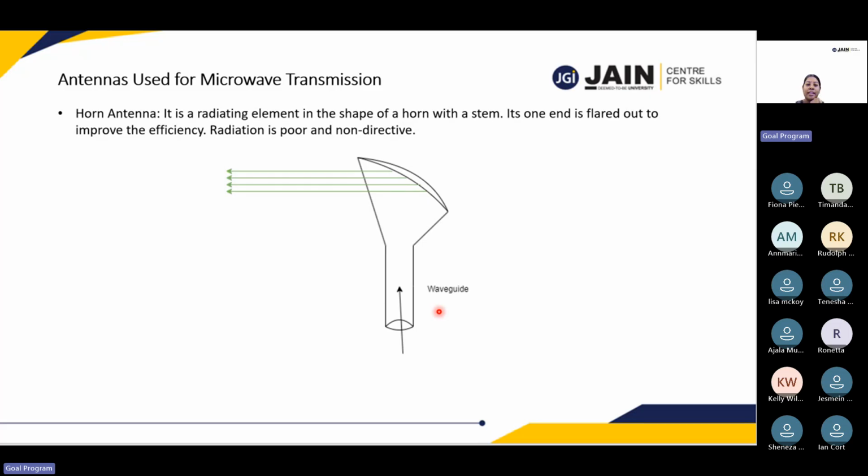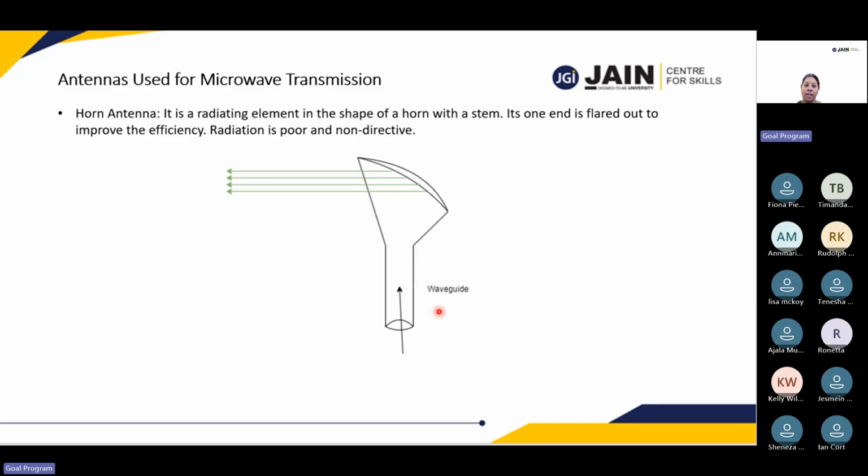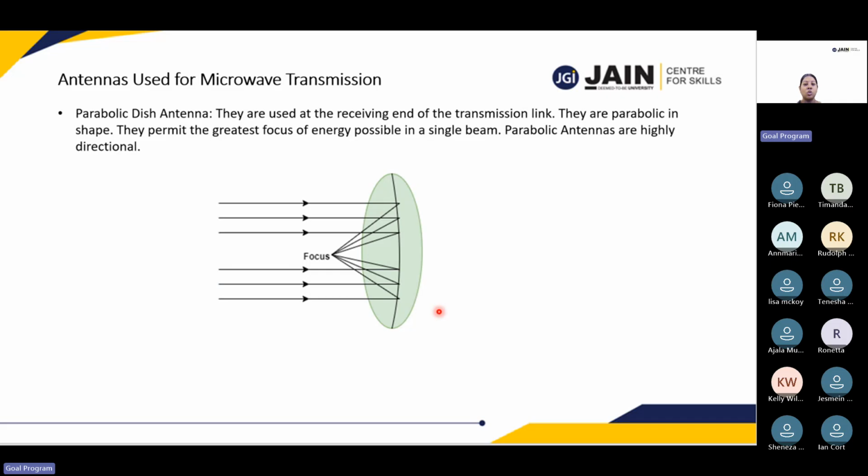It is a radiating element in the shape of a horn with a stem, and its one end is flared out to improve the efficiency. Radiation is poor and non-directive. It's called a horn antenna, non-directive. Here this is having a direction, but here there is no direction, non-directive, and this is directional. And the radiation is poor here and the radiation is good over here in the parabolic antenna, because of which now